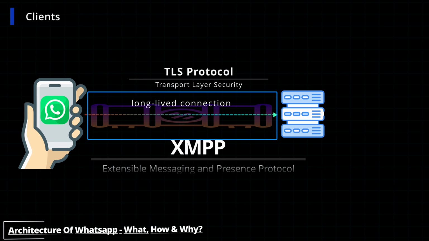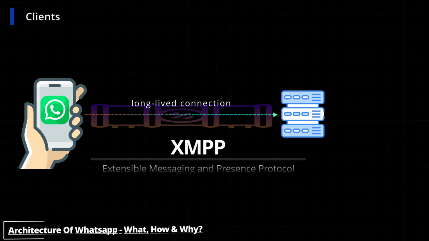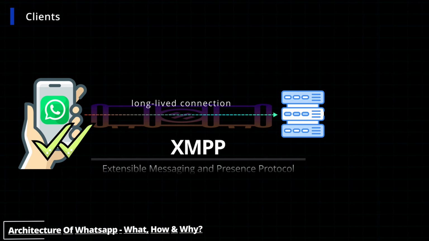As this connection is persistent, WhatsApp doesn't need to keep reconnecting again and again. It stays open in the background, always ready to send or receive messages the moment you hit send. That's exactly why your messages pop up instantly and why you see those typing indicators and blue ticks appearing so smoothly